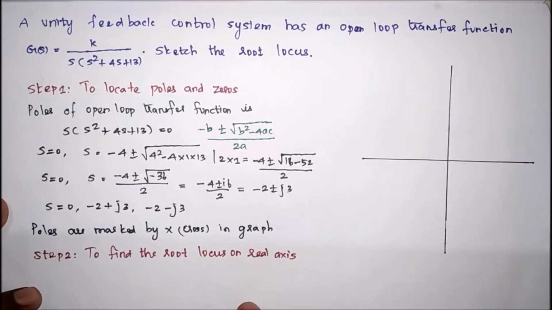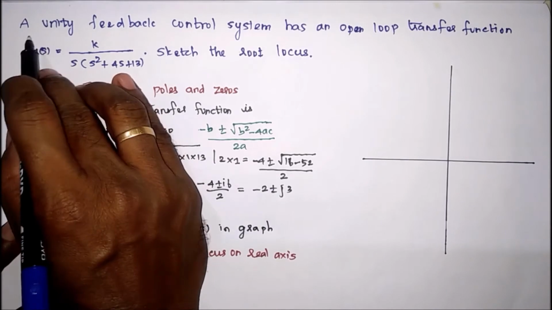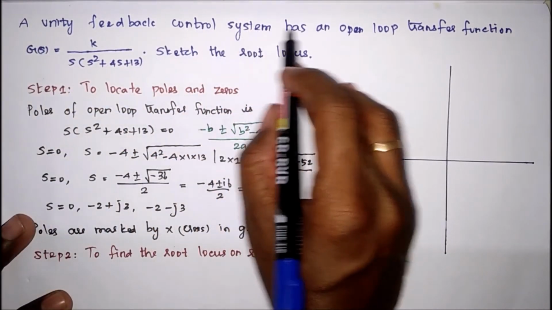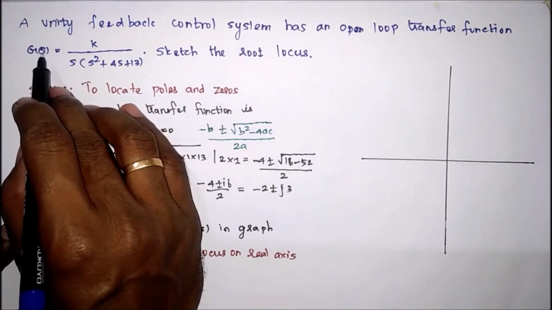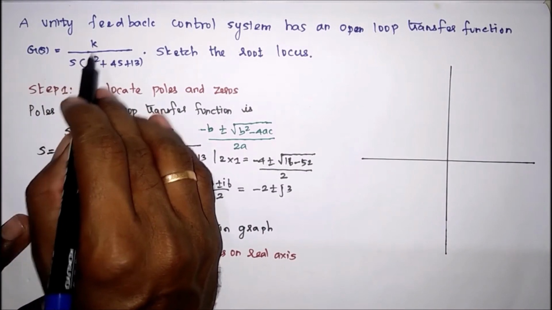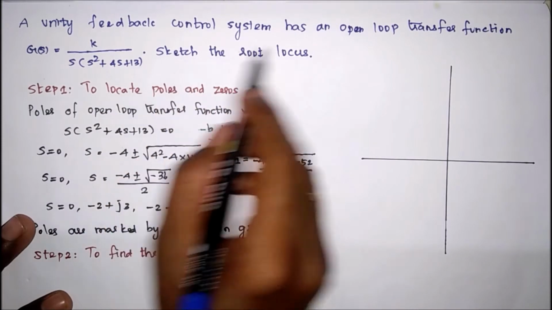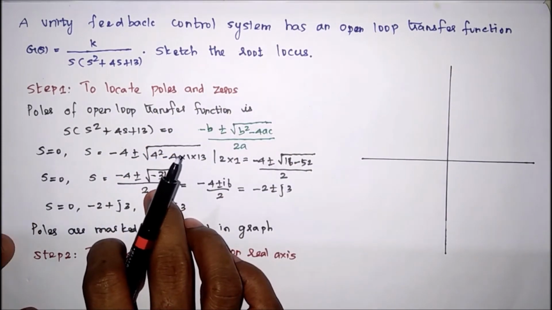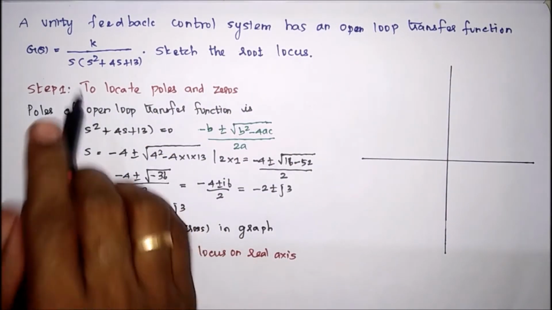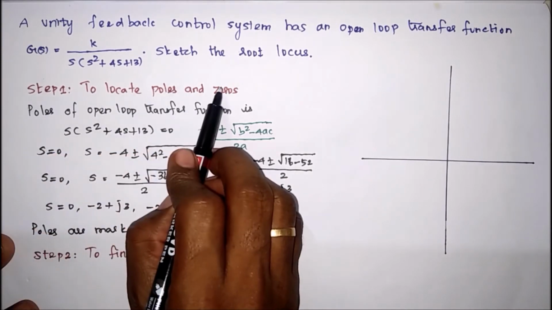In this video, we are going to construct a root locus. The given problem is: a unity feedback control system has an open loop transfer function G(s) equal to K divided by s into (s square plus 4s plus 13). Sketch the root locus. To construct a root locus, the first step is to locate the poles and zeros